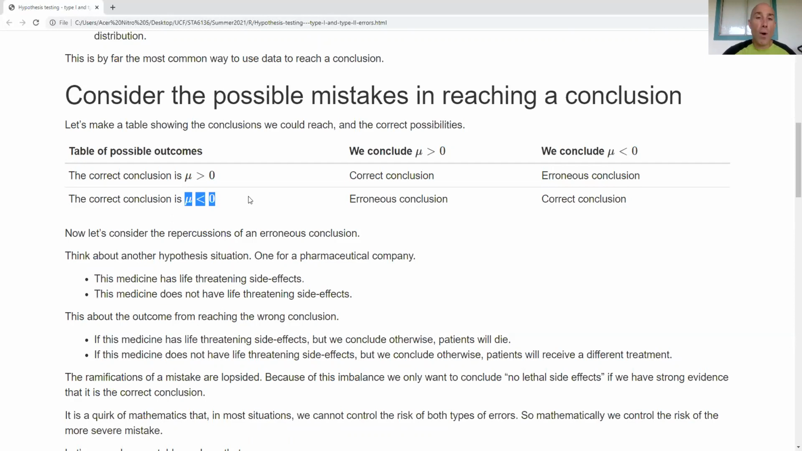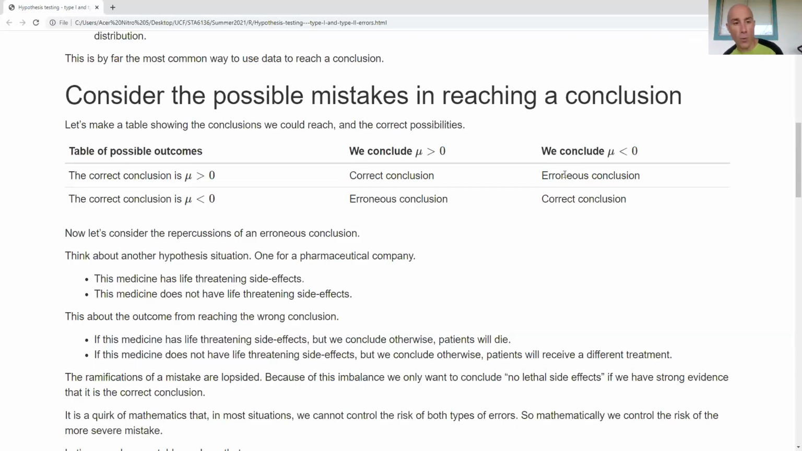If the correct conclusion is that the population average is negative, but we conclude that it's positive, we've made a mistake. All right, so one of these four is going to happen. And of course, we want the correct conclusion, but we also want to make sure that if one of these mistakes has a very severe penalty, very severe repercussions, we want to avoid that just to make ourselves safer